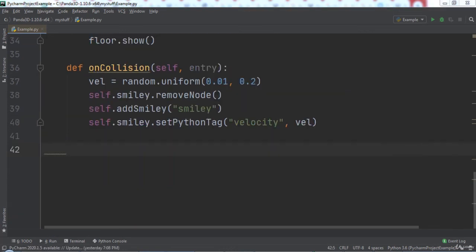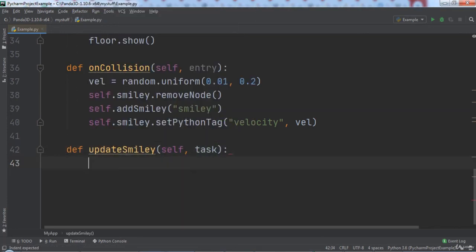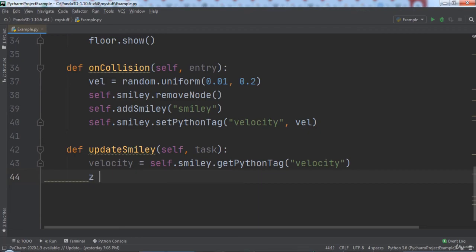Next we will define an updateSmiley function that takes in two parameters, self and task. Inside of this function we will create a variable named velocity and set it equal to self.smiley.getPythonTag and pass in the string velocity. Next we will create a variable named z and set it equal to